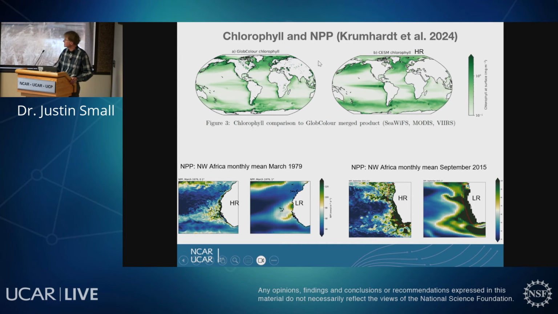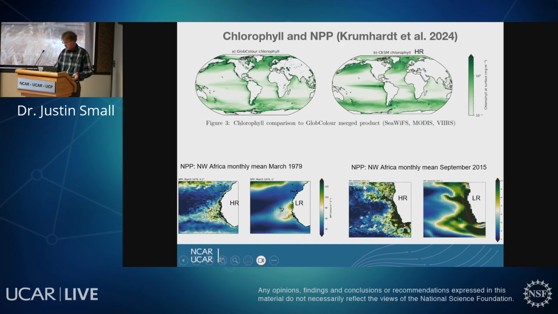Starting with, I'm showing the chlorophyll here. This is from satellite data and analysis from satellite data. This is from CESM, high resolution. Qualitatively, very similar. If you look at the boundary systems, it's maybe a little bit weaker in high-res CESM than satellite observations, but we need to look more carefully, and that's of Northwest Africa.